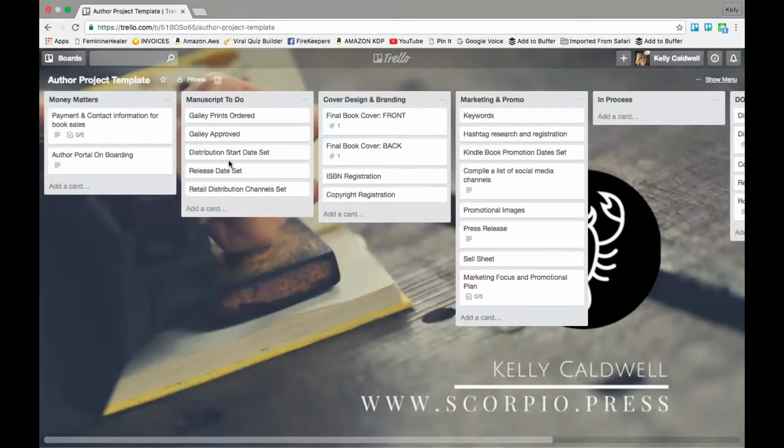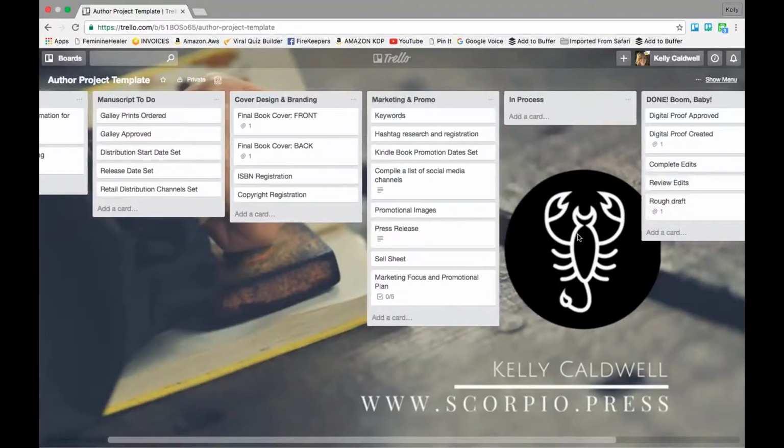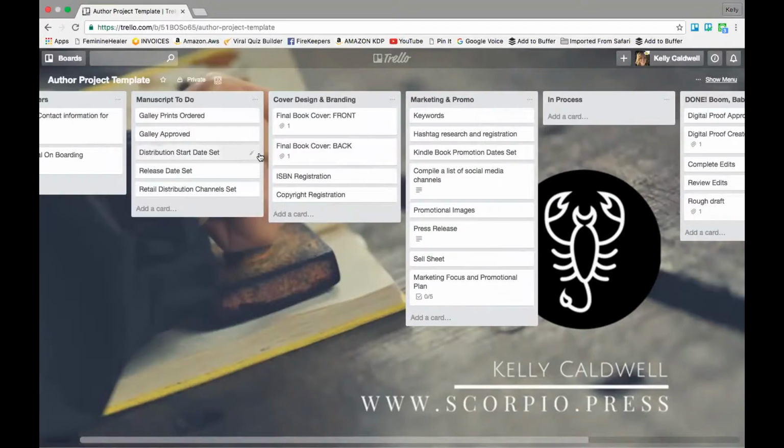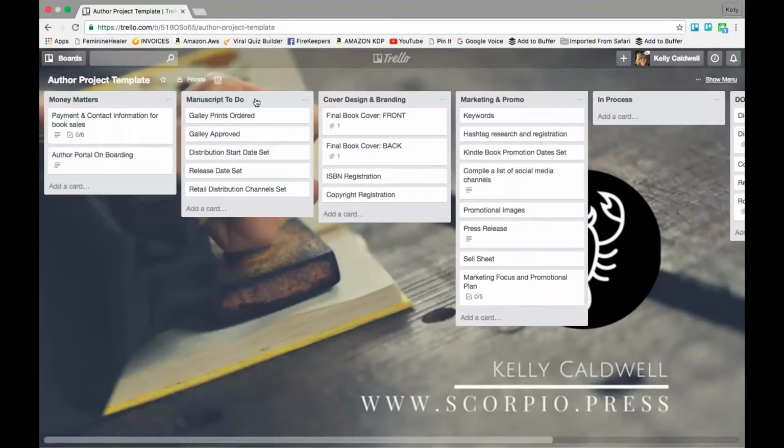Now, when you log in and see, those are things that you do and you're part of. However, there's a lot here that you're not part of. So I order your galley proof after your digital proof is approved. We choose your distribution start date. You approve. All these things happen in chronological order when you first see them. So you can literally go to the to-do folder and see what's happening next,